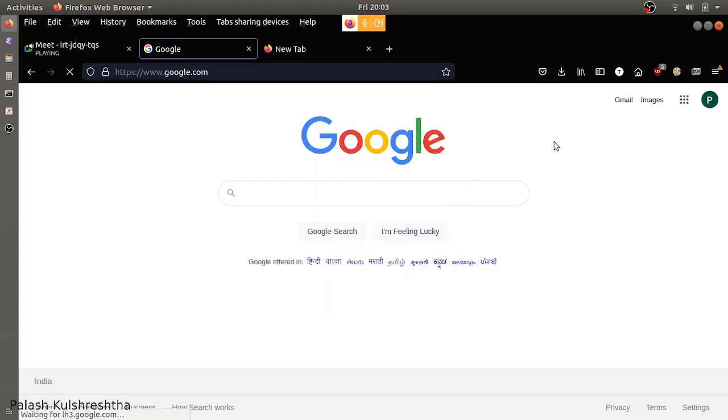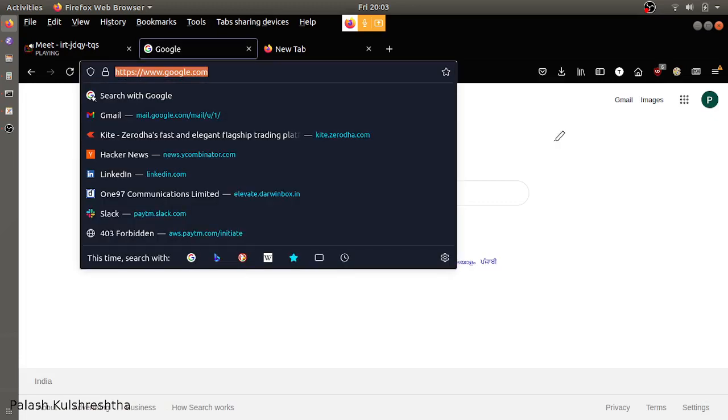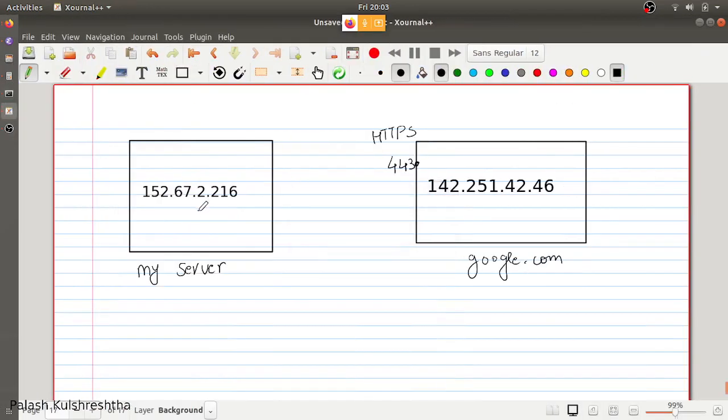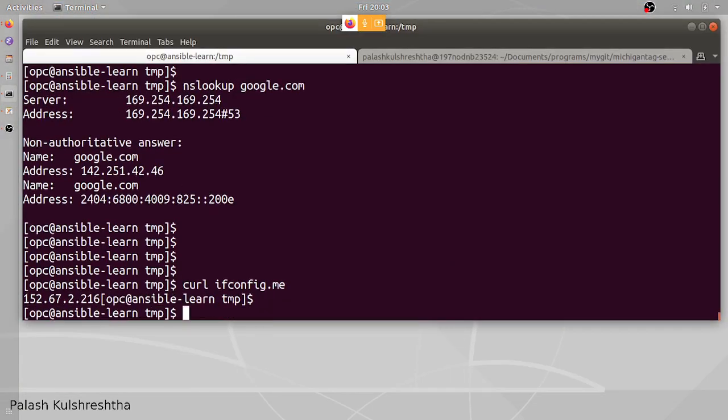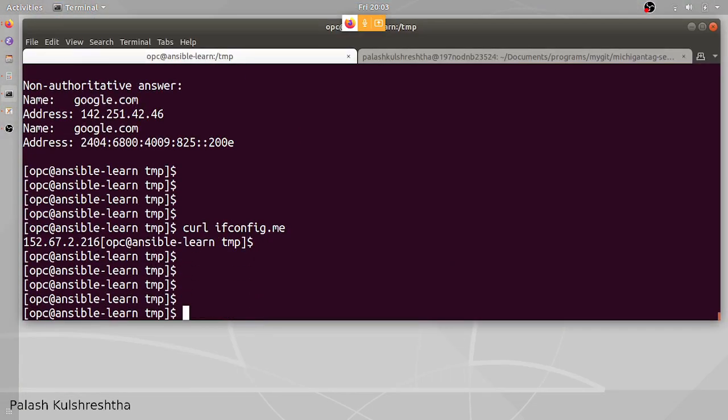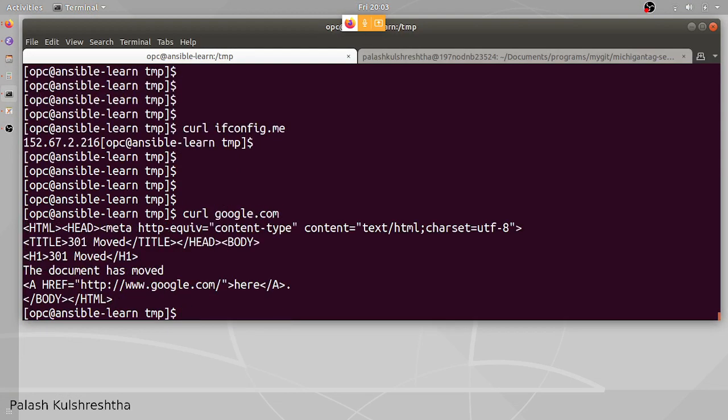So what happened during this event when I typed HTTPS google.com? Now let's try to do it from here, because I am giving my IP address as this. So curl google.com. So it gives me HTTPS.